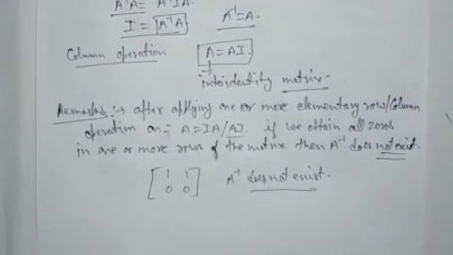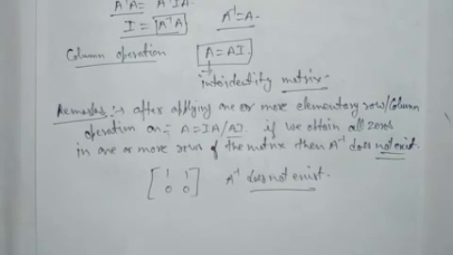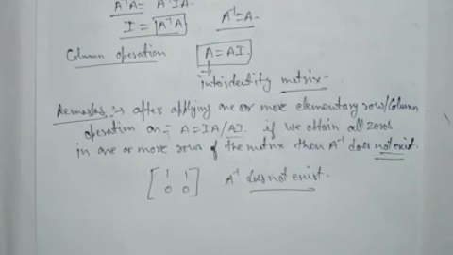Clear? So these are the basic things of chapter 3. If you study or learn these basic things deeply, then there is no difficulty in doing this chapter. So please learn and remember and write these things again and again, so that you can get 10 marks from chapters 3 and 4. Okay, thank you.